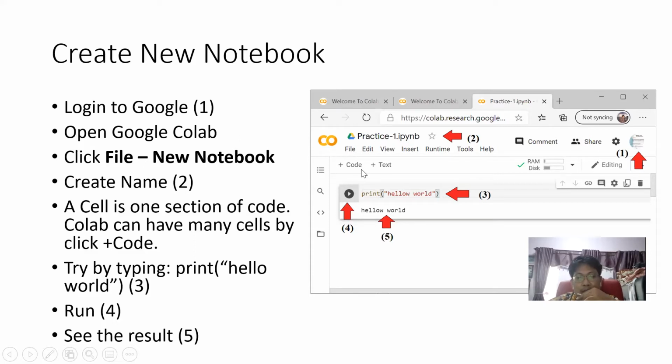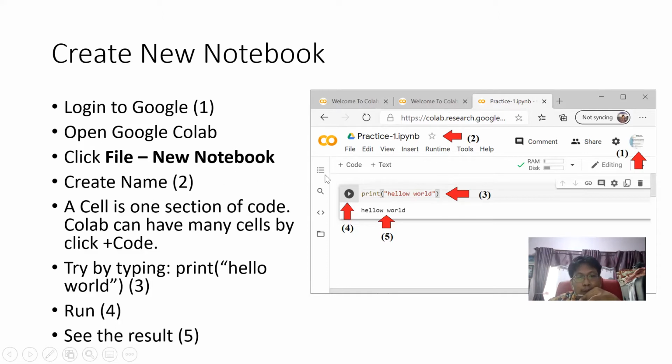Then we have to create the name, because the default is Untitled. And of course I suggest you use Chrome because it is from Google.